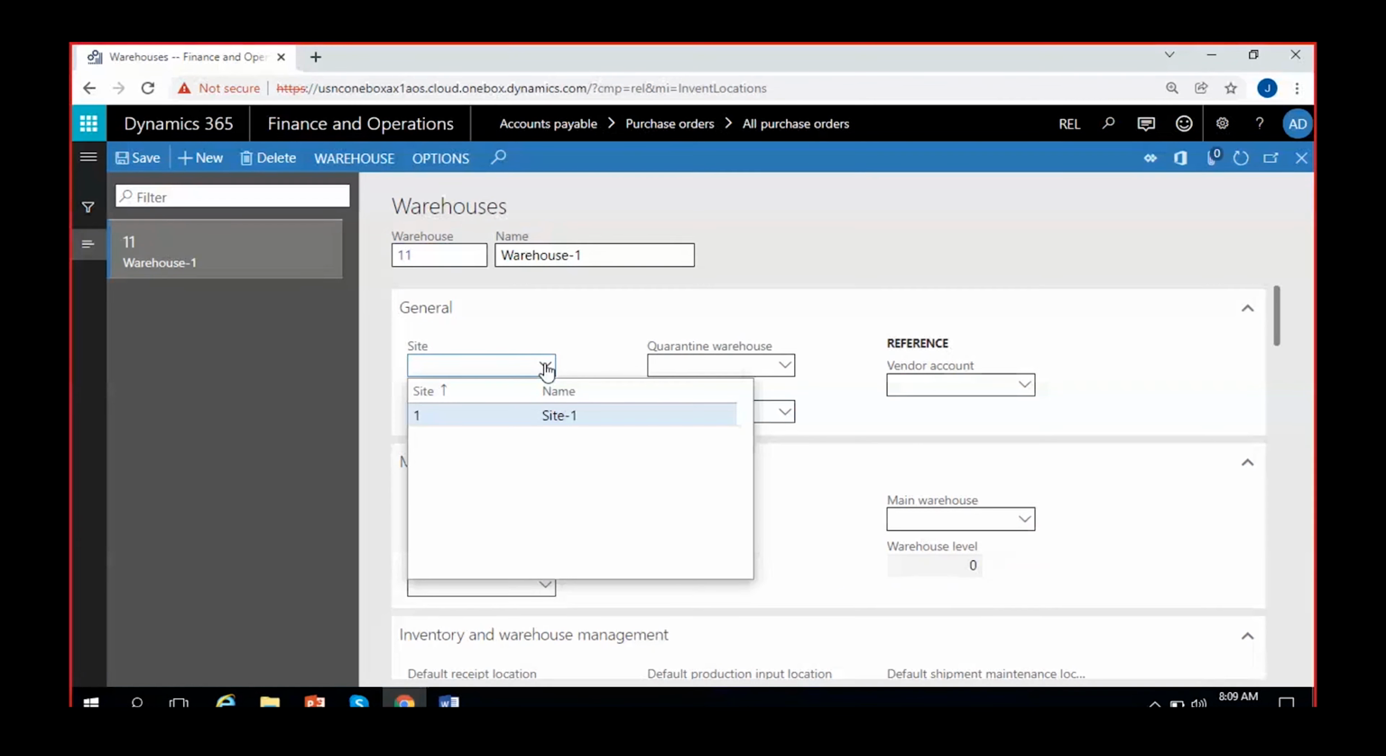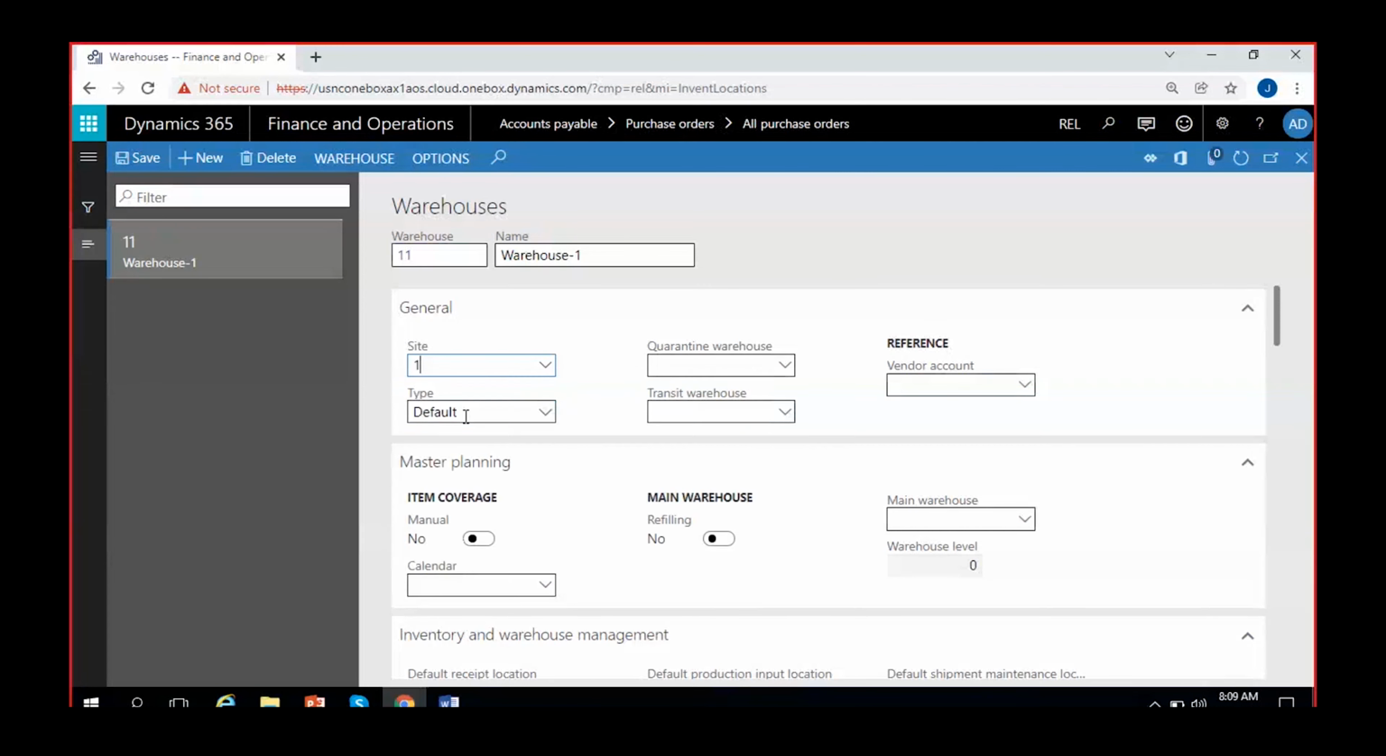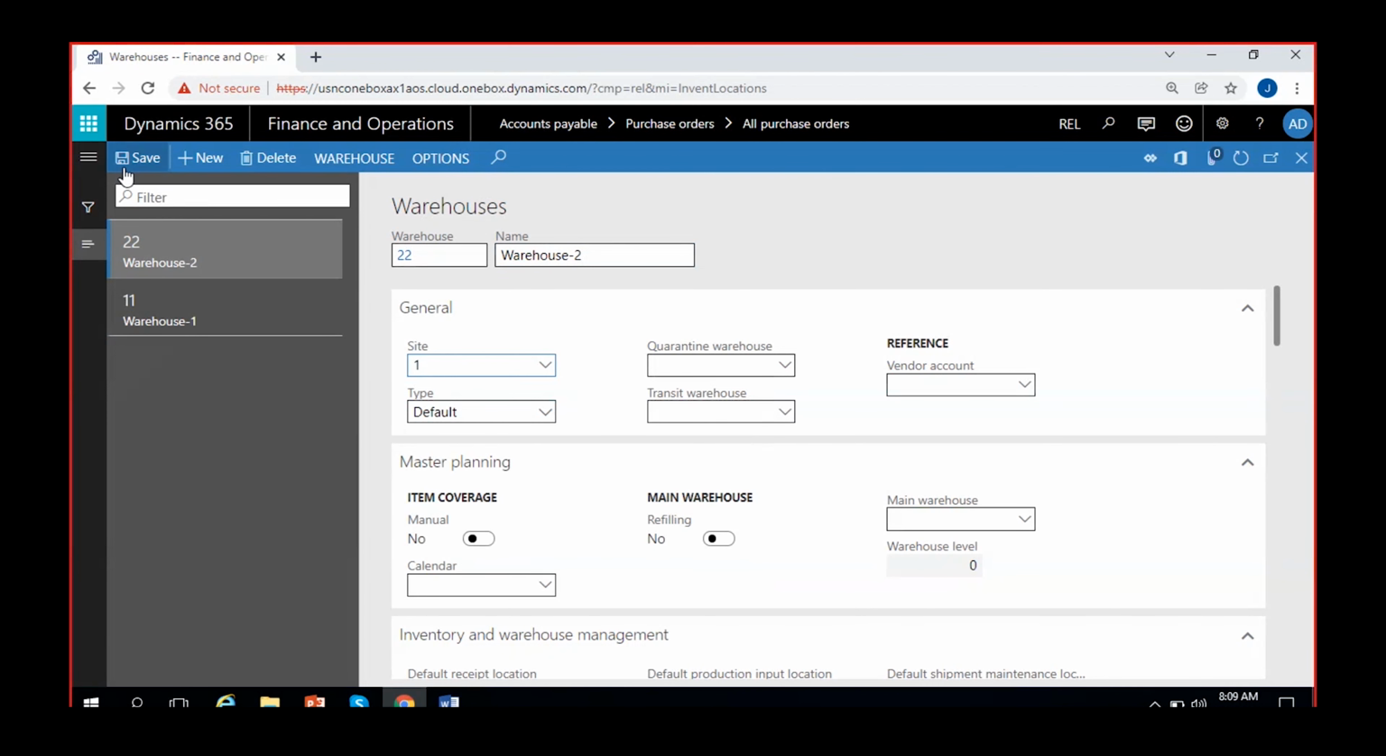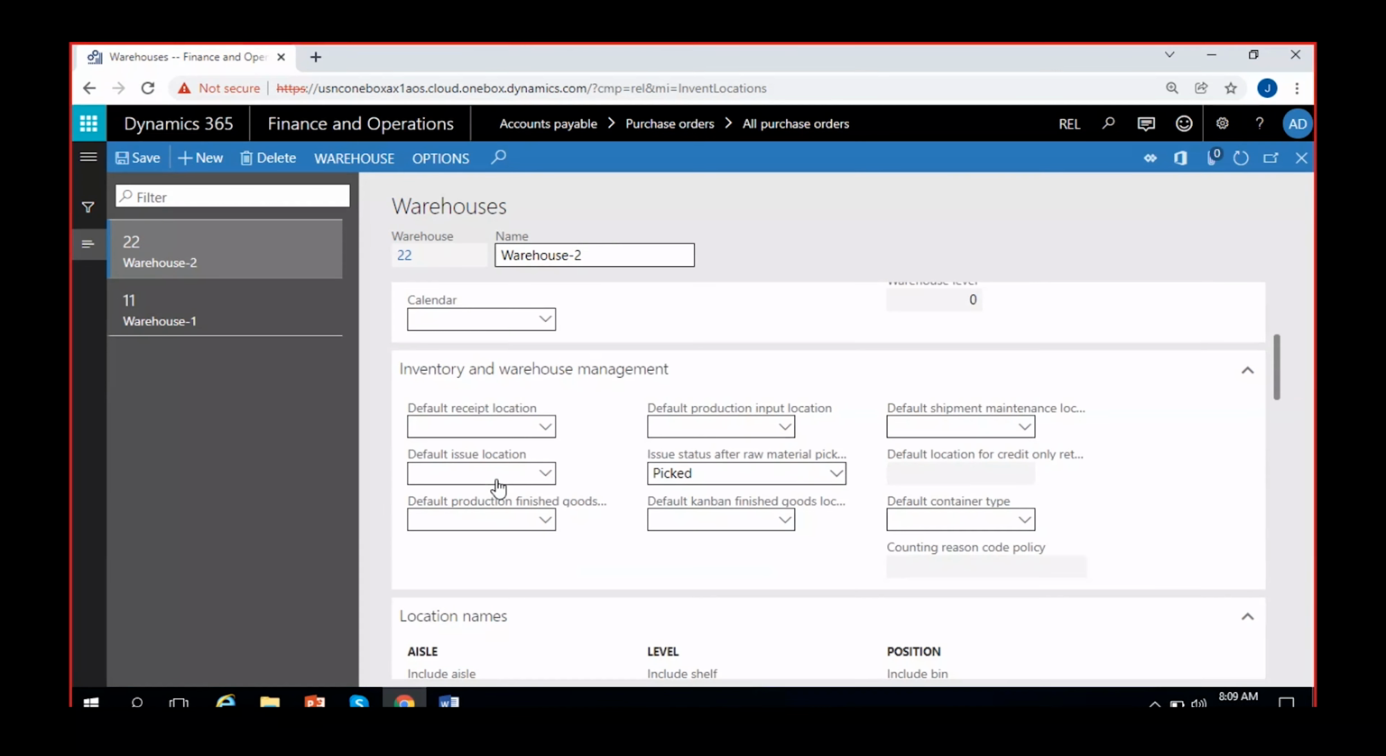Here it is asking which site it belongs to. I'll give it as site one. So this warehouse one belongs to site one. Again, I'll create another warehouse, just give a number, which is warehouse number 2. Site, I'll give it as first site only. Both of them are in site number 1, but warehouse 1 and warehouse 2 are separate, so